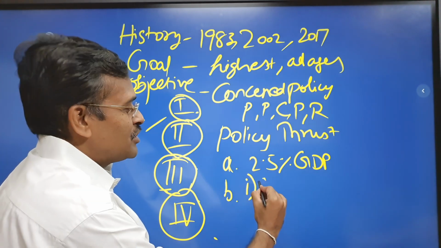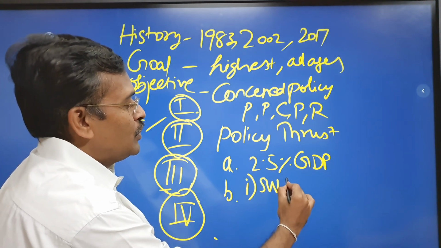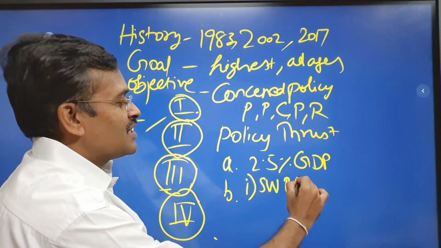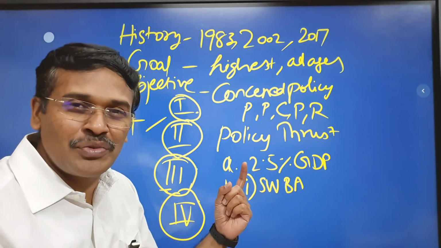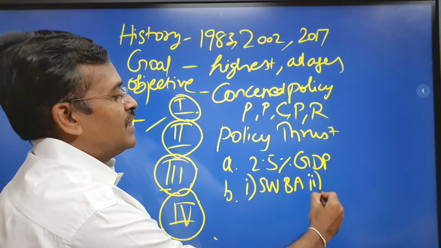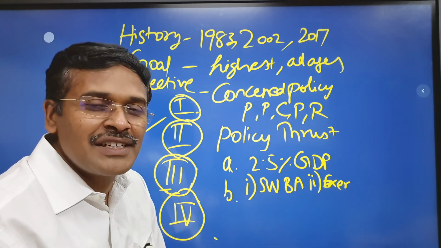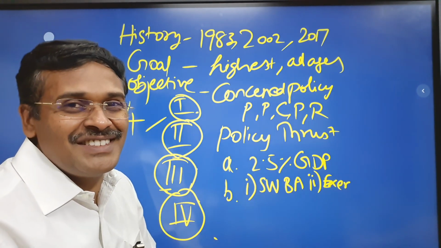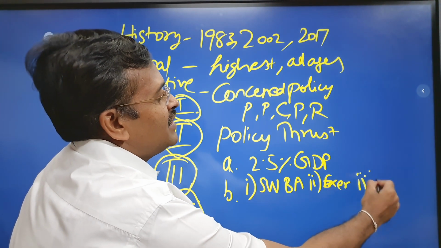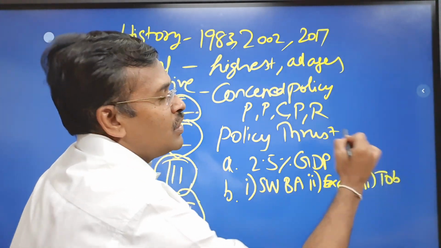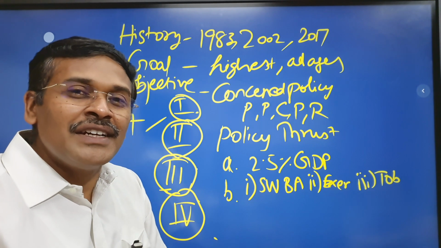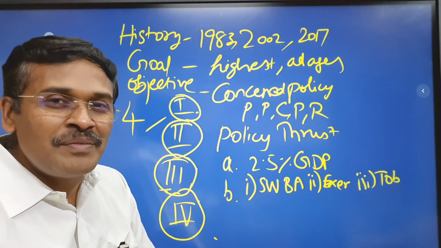First one is the Swachh Bharat Abhiyan. You know very well. So this is cleanliness awareness. Second one is exercise and regular diet. This is coming under the National Program for the Cardiovascular Diseases. Third one is addressing tobacco and alcohol use. This is also coming under the National Cardiovascular Diseases Program. Fourth one is